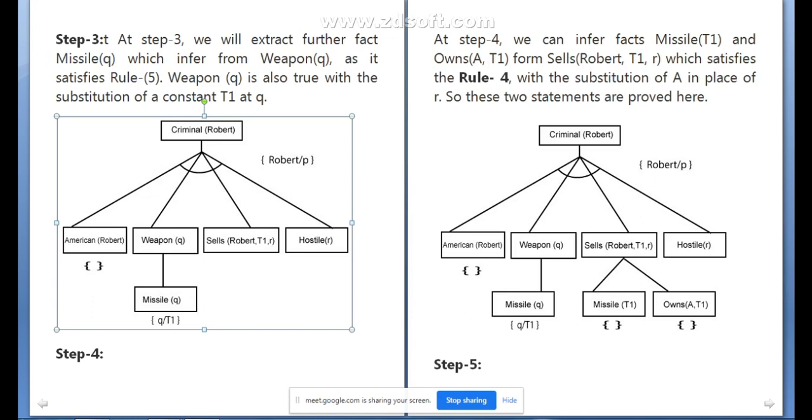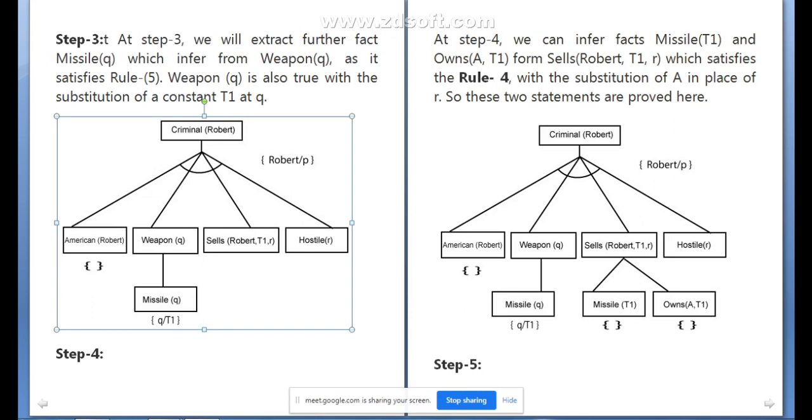And when we prove all the facts are true, at that time we reach our goal statement, we reach our goal facts. सो एट स्टेप फोर, अभी यहाँ तक हमने इन्फर किया था फर्स्ट स्टेप में। सेकंड थर्ड स्टेप में क्या किया था हमने, वेपन से क्या किया, ये इन्फर किया मिसाइल दैट इज क्यू। देन एट स्टेप फोर we can infer the facts that is missile T1 and owns A T1 from sales robot T1 to R which satisfies rule 4। अभी रूल 4 क्या है,